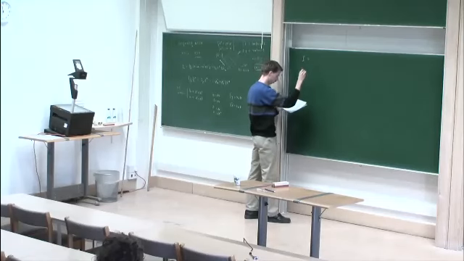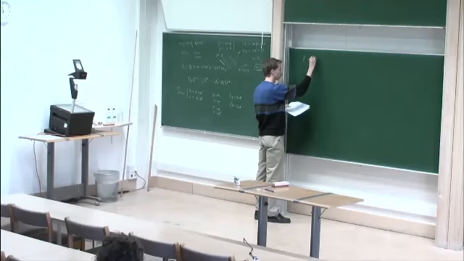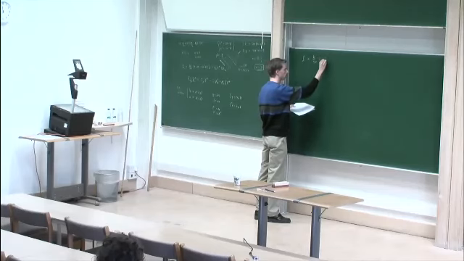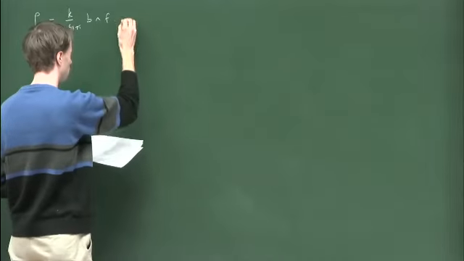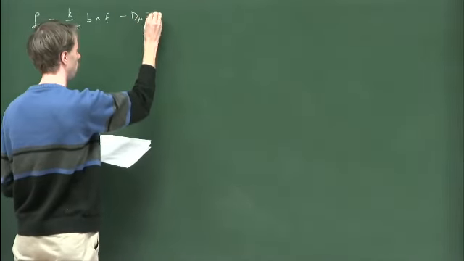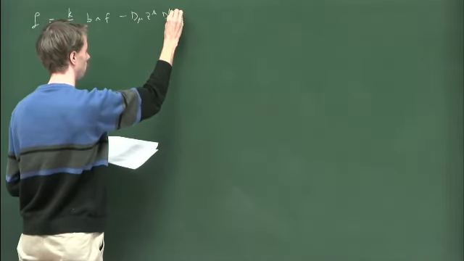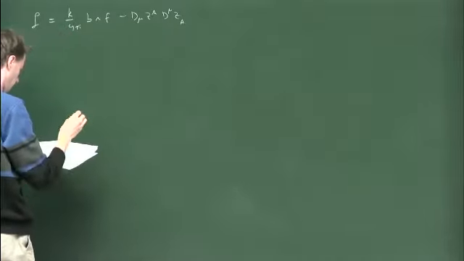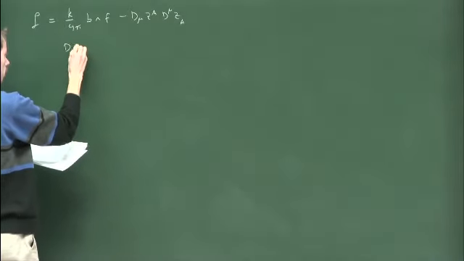Then the Lagrangian is k divided by 4π dA dA minus dA dA, and the covariant derivative is